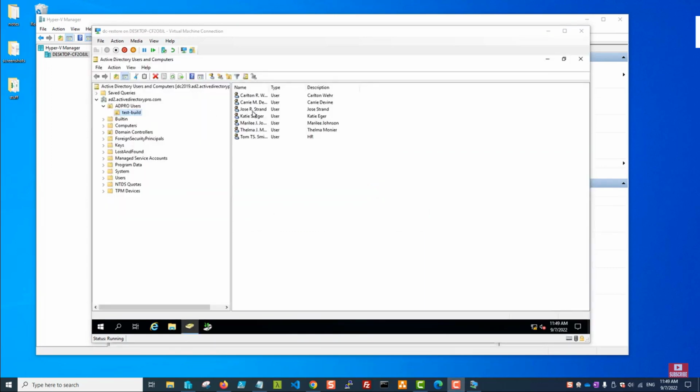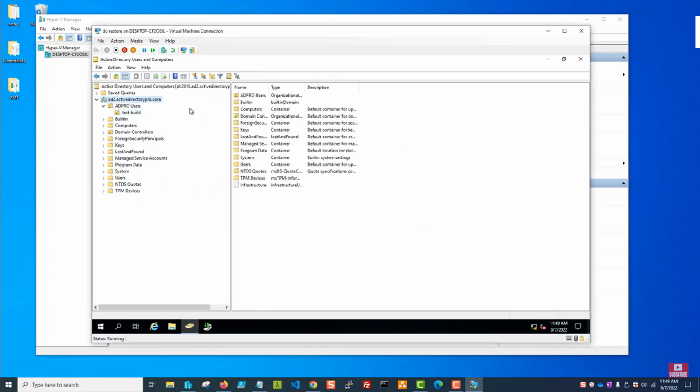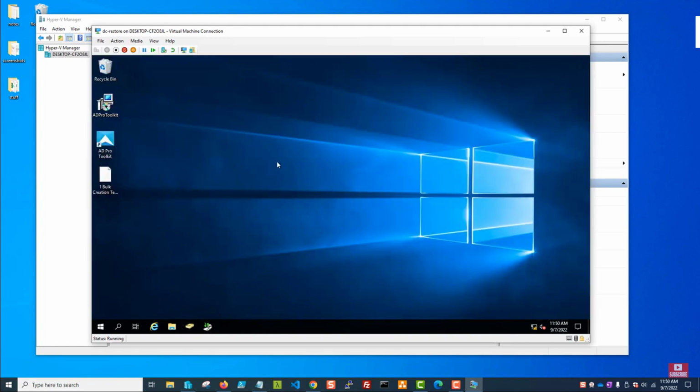Okay, I'm logged in. I've got Active Directory up and I see no errors, so everything looks good. So like I said, the full system restore is my preferred way to back up Active Directory and restore it. It is very fast,